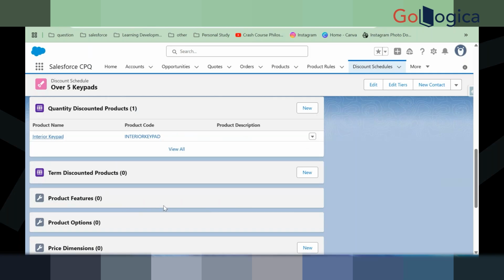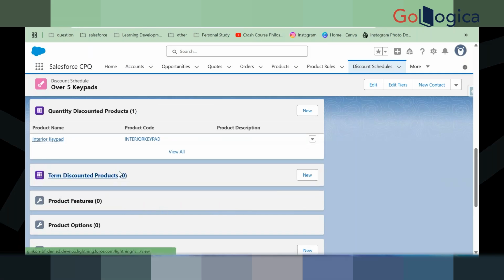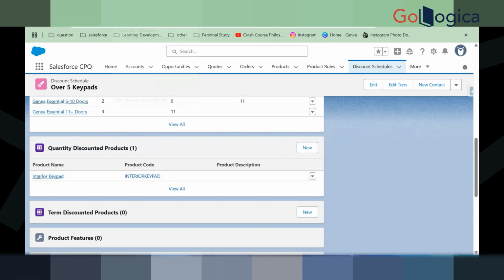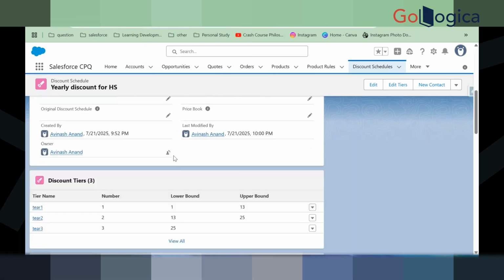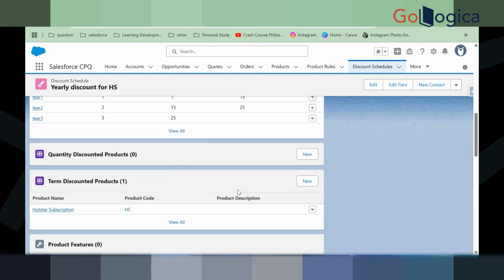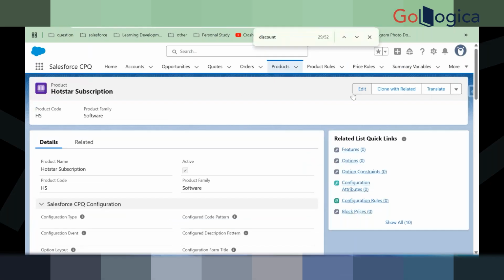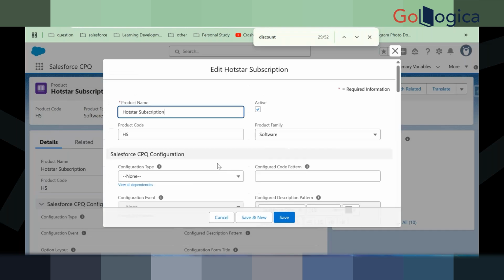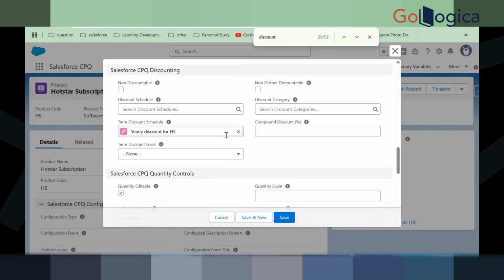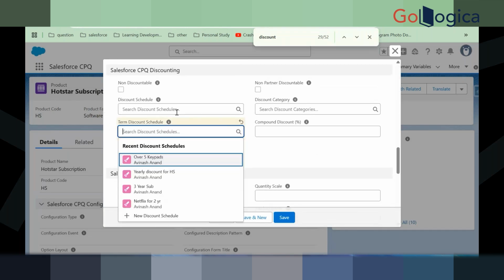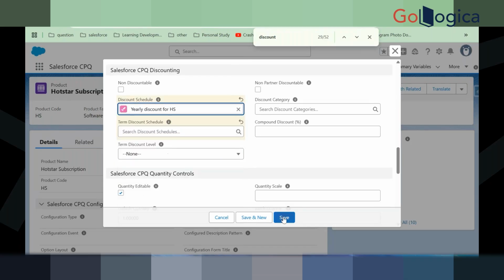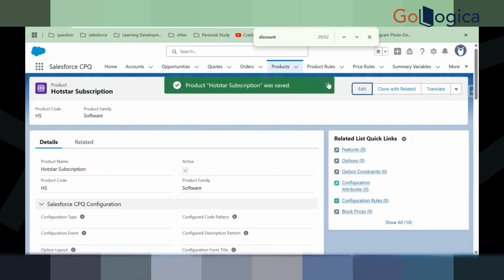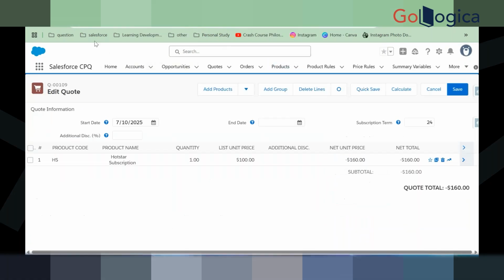So you can see it is a quantity discount. So what I will do here, I will go to the HS and click on edit, and change from a term discount to a normal discount. So if I go to a code,